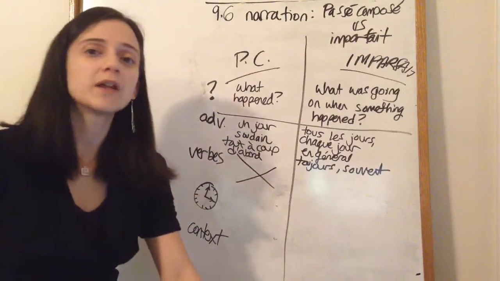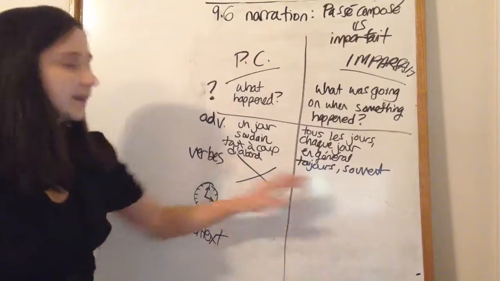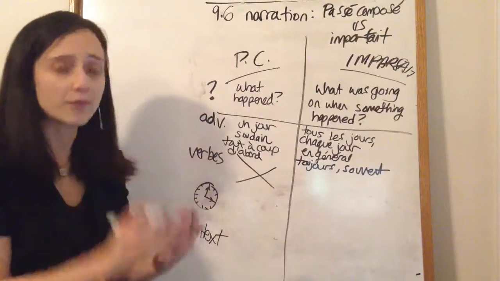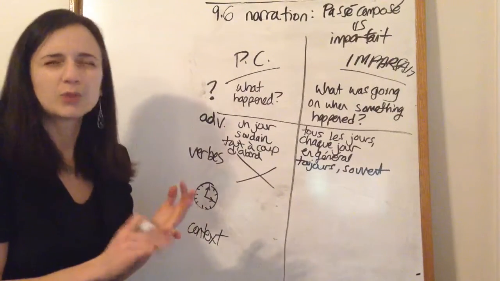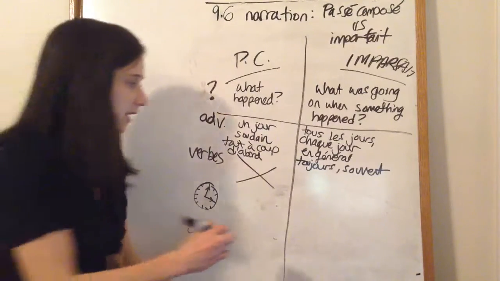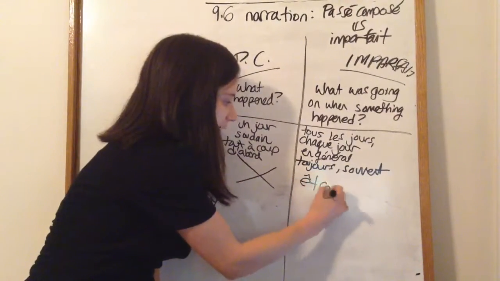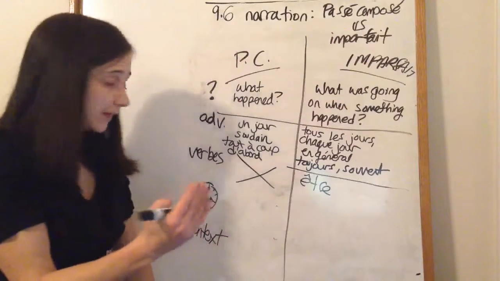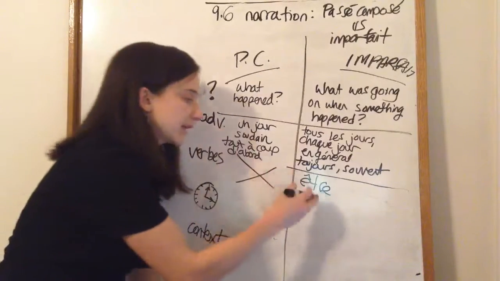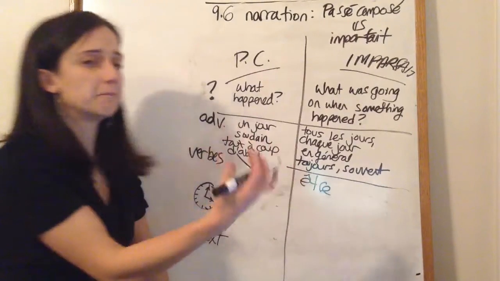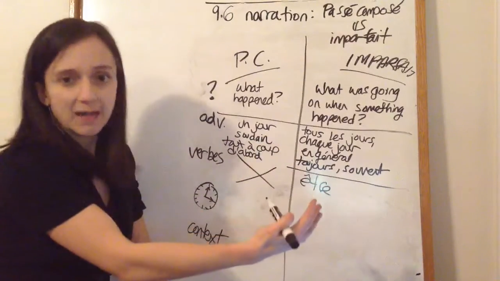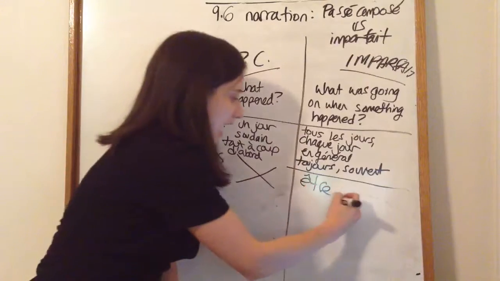Okay, so then there are some verbs that lend themselves to the imparfait, because we're generally talking about describing things in the past and describing habits in the past. So, être is a verb that's often used to describe. It could be in the passé composé, but it's often used to describe something, so there's a probability that it would be more likely in the imparfait, but not 100%.